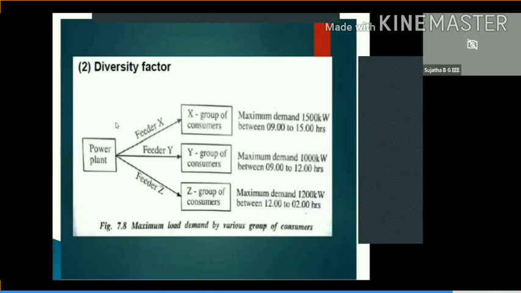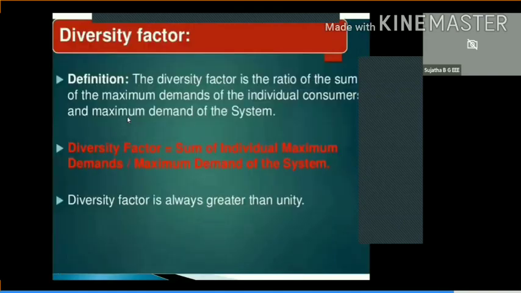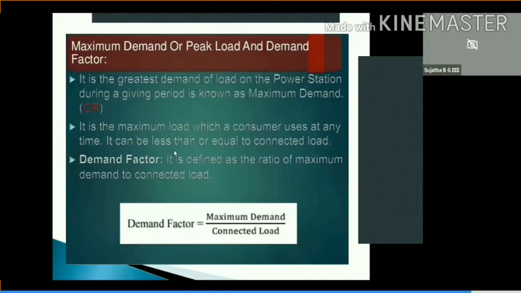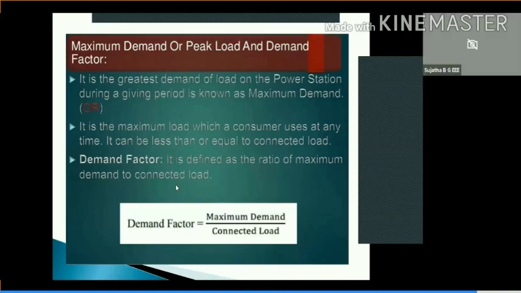So this is about the various factors related to the economics of power generation. Again, maximum demand is the greatest demand of load on the power station in a given period. You have to understand it is a given period. It may be during a day, or during a month, or during a year. You can consider any given interval of time. Demand factor is the ratio of maximum demand to the